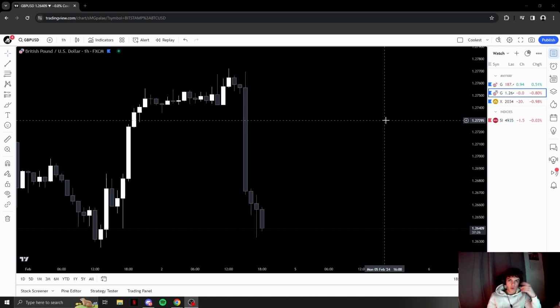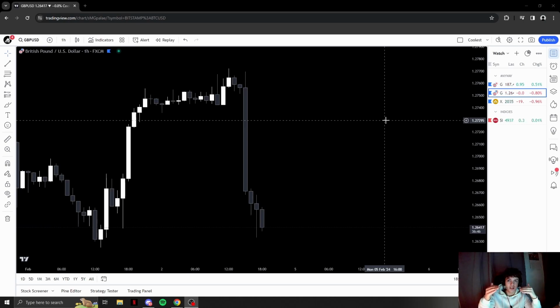Okay, so what is liquidity? Basically, liquidity is an area that has a lot of buy and sell orders by traders, and basically most people get stopped out over there. These big market movers like banks and institutions, those who actually move the market, they want to seek liquidity, and they use liquidity.